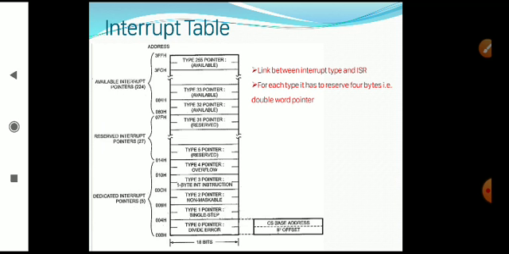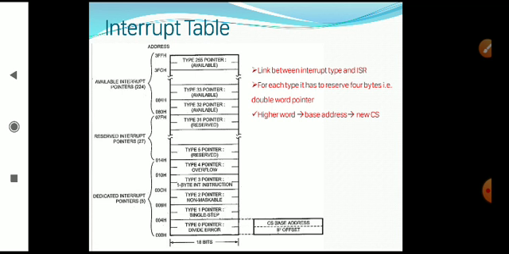So why this double word pointer format, and what information is available in it? The higher address word contains the base address of the segment containing the ISR. It means the higher address word contains the address of CS, the code segment.